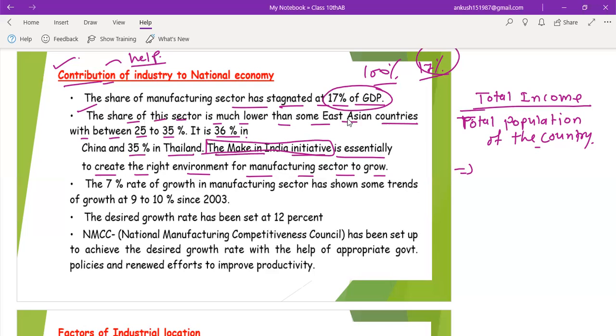The 7% rate of growth in the manufacturing sector has shown some trends of growth at 9 to 10% since 2003. Our GDP rate has been increasing as soon as we put our industries into the